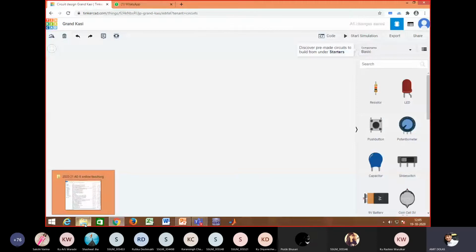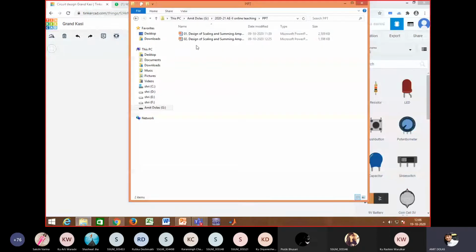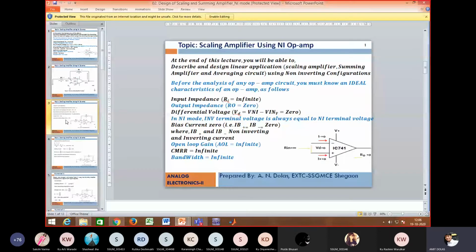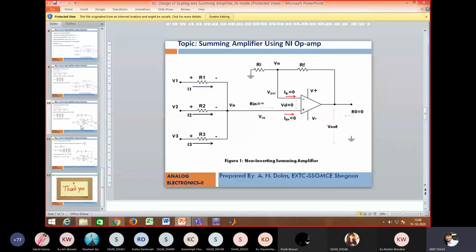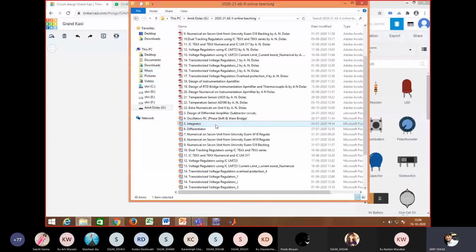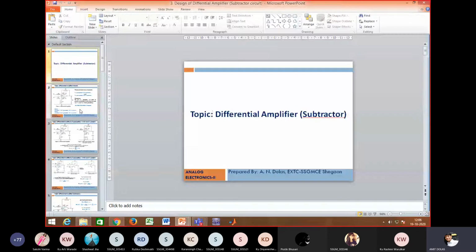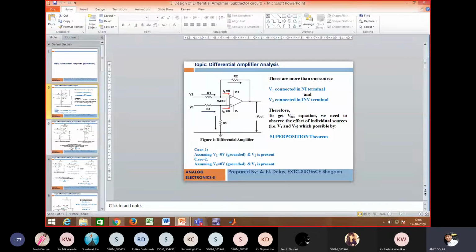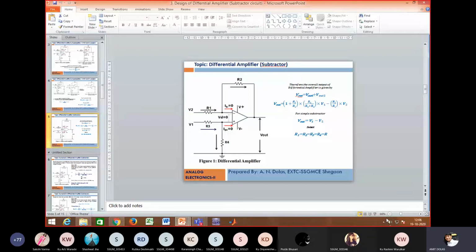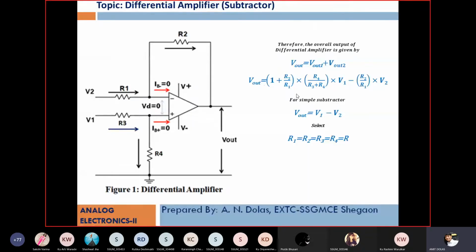So we'll see the subtractor here in my PPTs. So this is the simple subtractor circuit. You can see here,